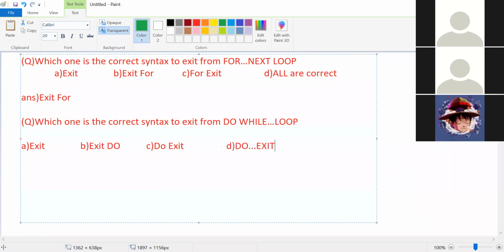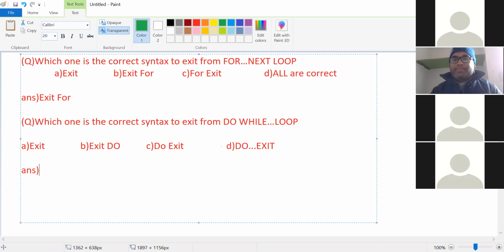So which is the correct syntax? Answer everyone. Which one is the correct syntax to exit from do while loop? Sir, option B. Tell me your name.